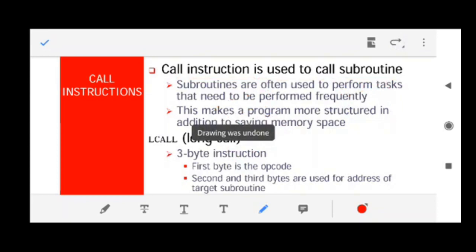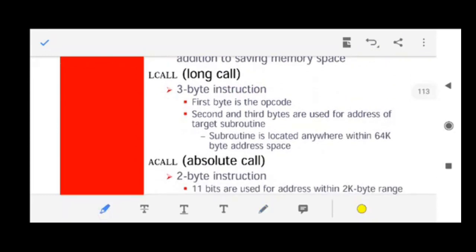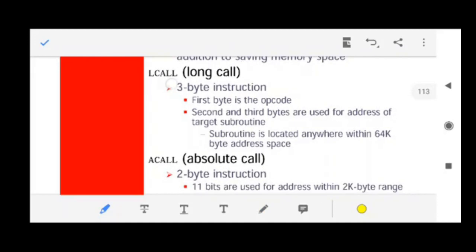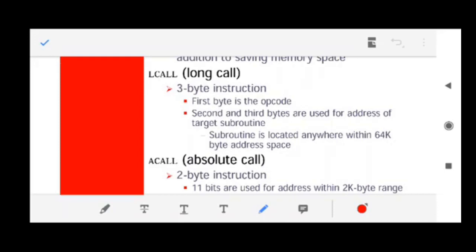Now let us see the types of call instruction. The call instructions are of two types: long call and absolute call. Similar to jump, where we had short jump and long jump, similarly for call we have long call and absolute call, instead of short call.